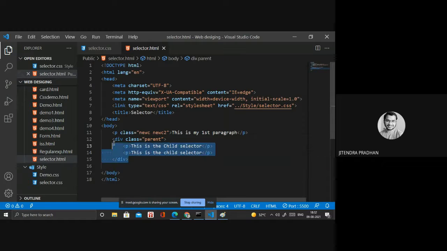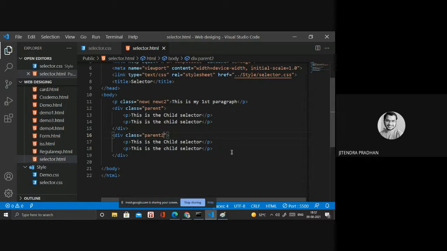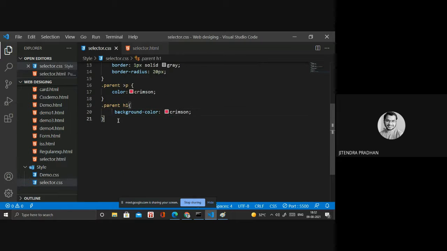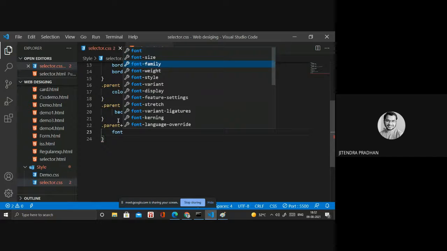Okay, I will create another for P and I will show you. This one is parent 2, and next we have P. So the plus sign is what we use for the adjacent sibling selector. In that we have P. So I apply font family, it's cursive.